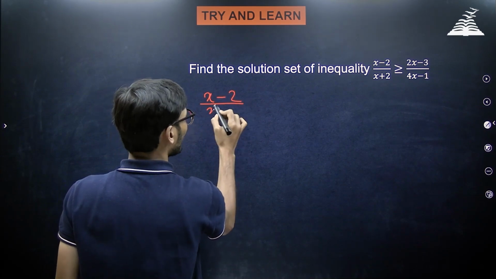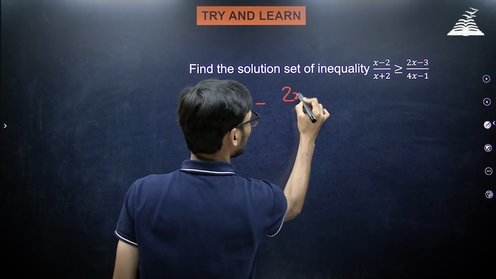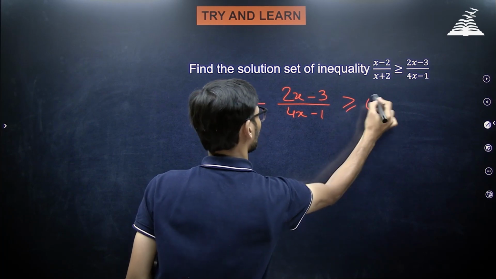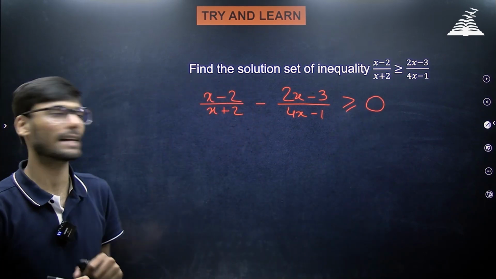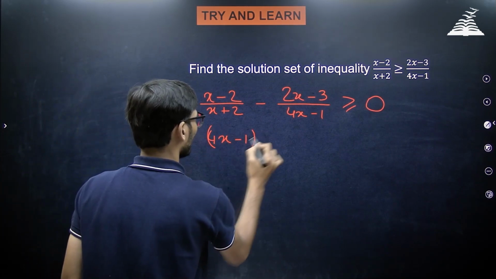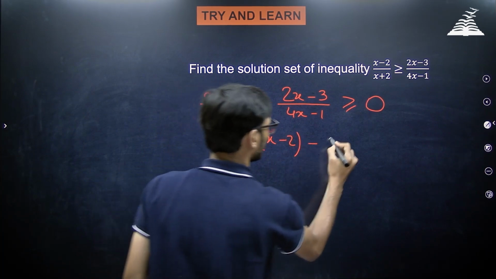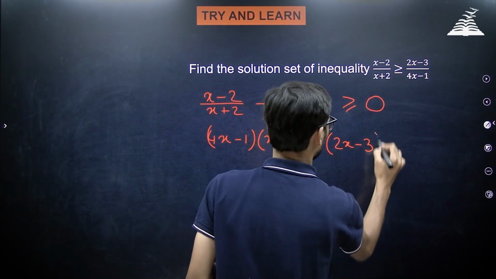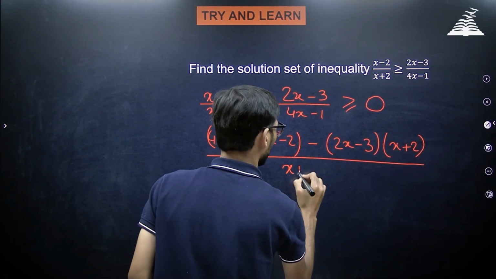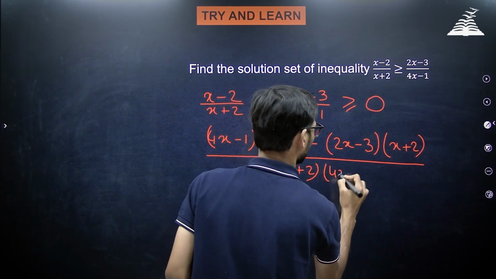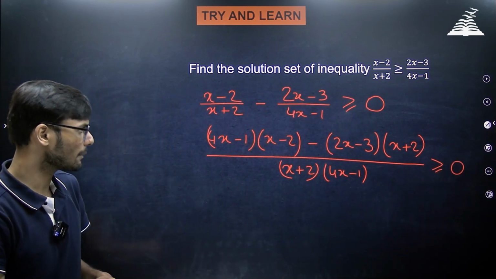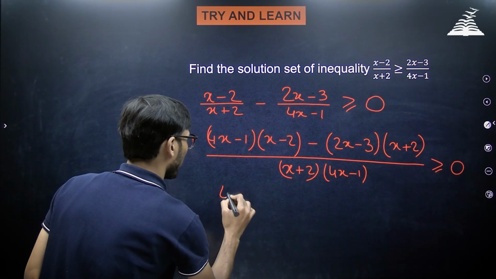(x minus 2) upon (x plus 2) minus (2x minus 3) divided by (4x minus 1) is greater than or equal to 0. What's the next step? Taking LCM. Let's do that. If you do that, you are going to get (4x minus 1) into (x minus 2) minus (2x minus 3) into (x plus 2), whole divided by (x plus 2) into (4x minus 1), is greater than or equal to 0. Now when you simplify this, you are going to get 4x square